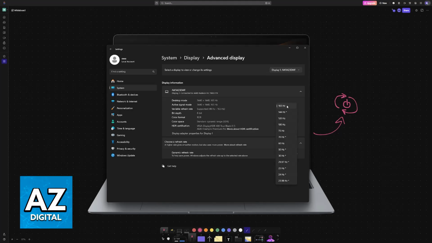So what I would recommend is that if you are set to the highest refresh rate available, lower it accordingly. See if the issue still persists, and if the issue goes away, then you can try increasing it one by one until the issue appears again. This could be a problem of the laptop not being able to handle the highest refresh rates possible.